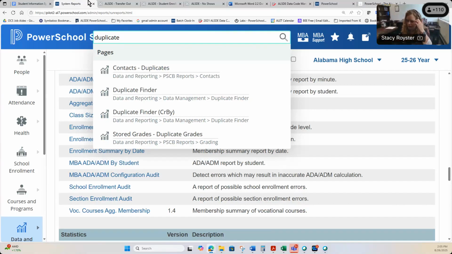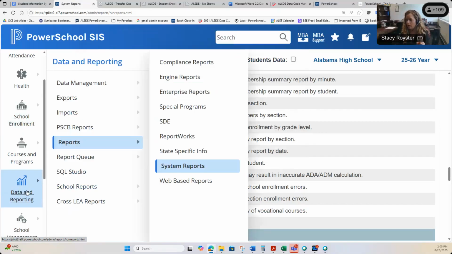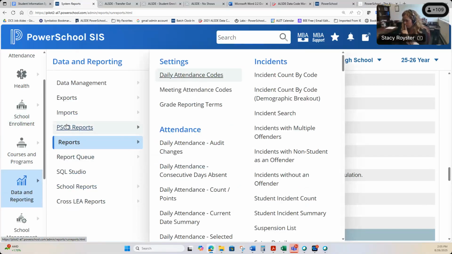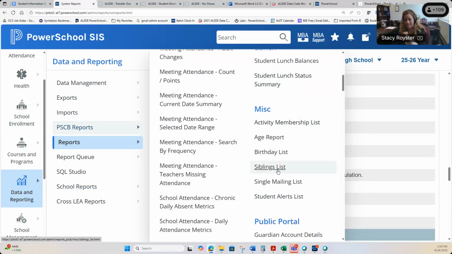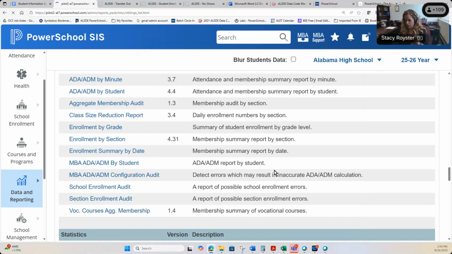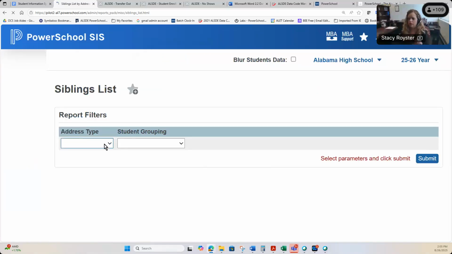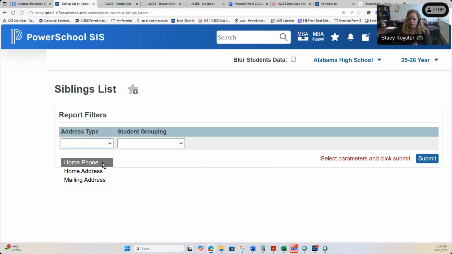Oh, and somebody had asked, is there a sibling report in here? And yes, there actually is. Let me show this real quick. If I go to PSCB reports, under miscellaneous, there's a siblings list. I love this report for a couple of reasons. There is a way to group people by phone number or address. So if I want to see all of the kids who have the same home address, group family per row,